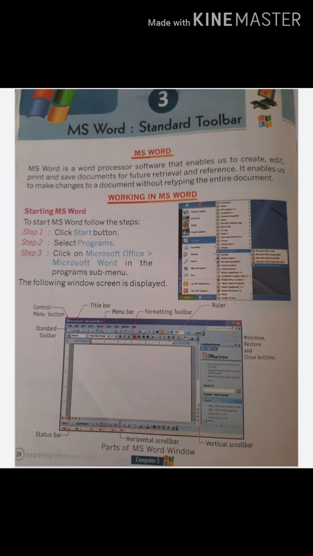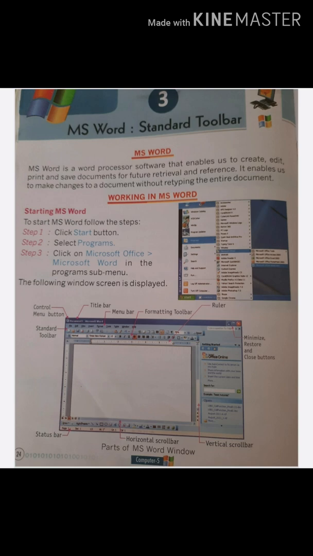Firstly, I will explain to you the steps to start MS Word. The first steps are: click the Start button. Second step is select Programs. Third step is click on Microsoft Office and Microsoft Word in the Programs submenu.